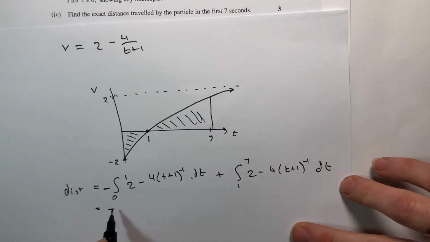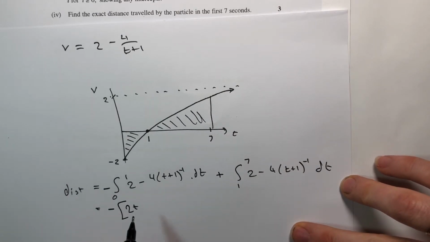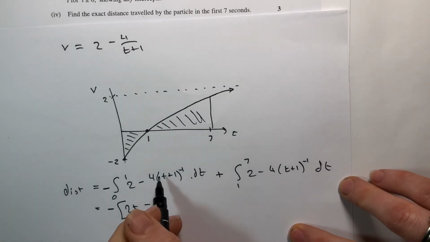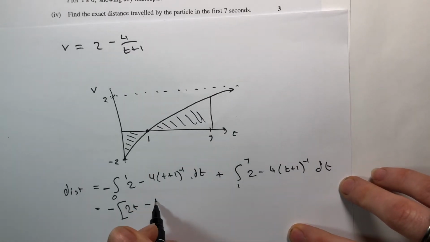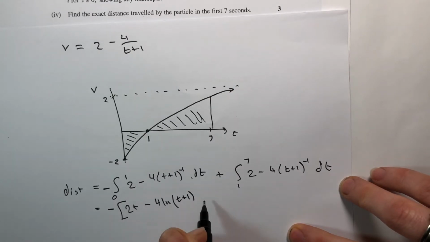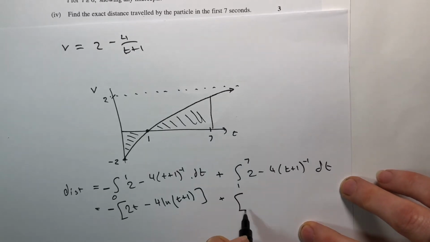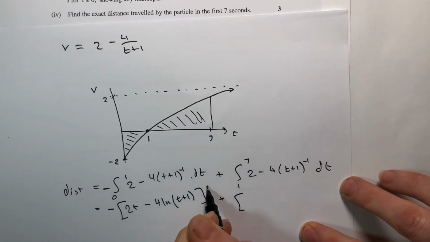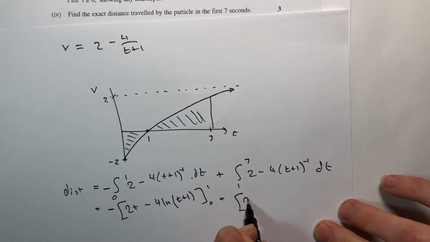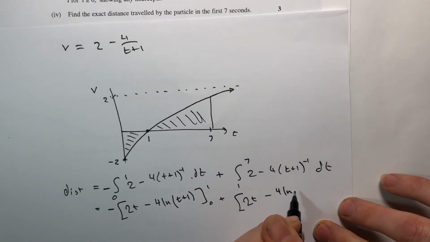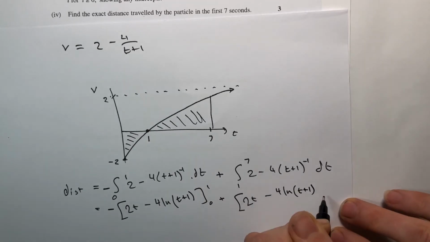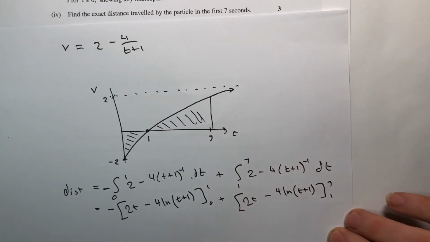Now this is going to equal minus 2t. Oh, actually I shouldn't have done that to it because this is actually an ln function. So that's going to be 4 ln(t plus 1) as an integral for that, plus 0 to 1, 2t minus 4 ln(t plus 1), 1 to 7,